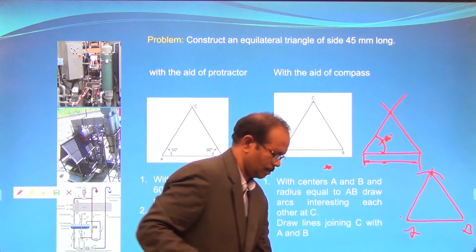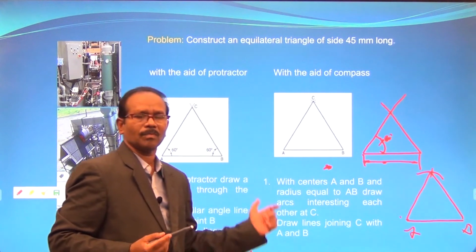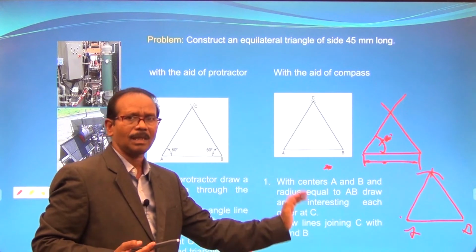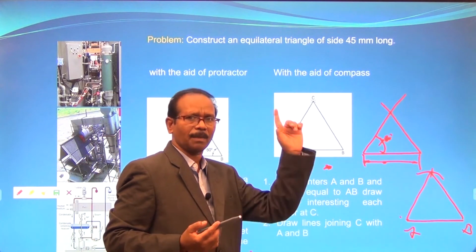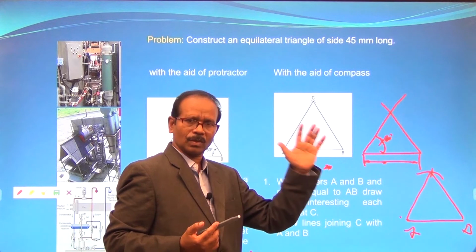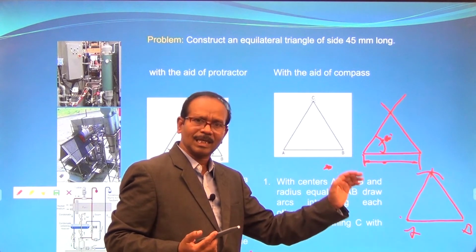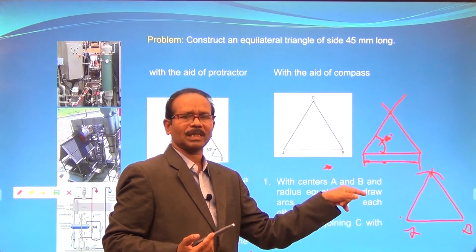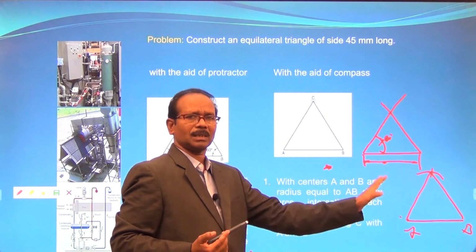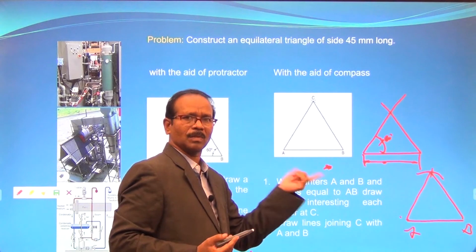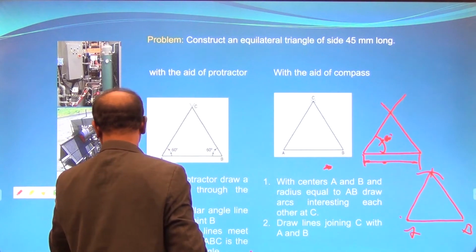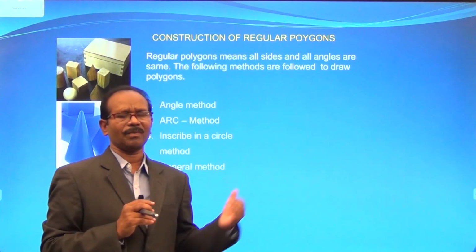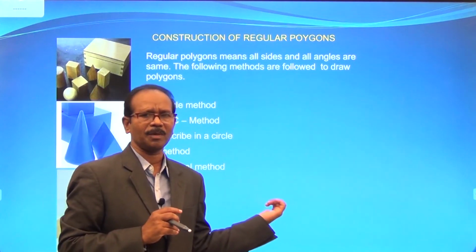Now this is the procedure. Very simple diagram. Because these are all very simple problems, they form a small part of a bigger problem in coming classes. In the initial stage we need to discuss how to construct with set square and how to construct with compass, so two varieties. This is one problem you need to practice, right? Go to one more problem. No, these are all very important problems. So regularly we start practicing these.